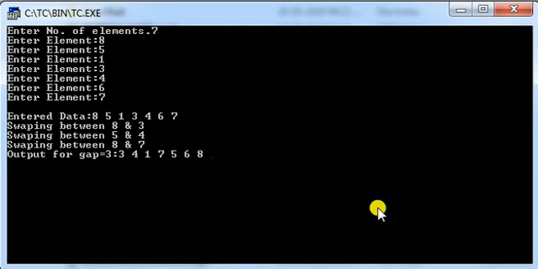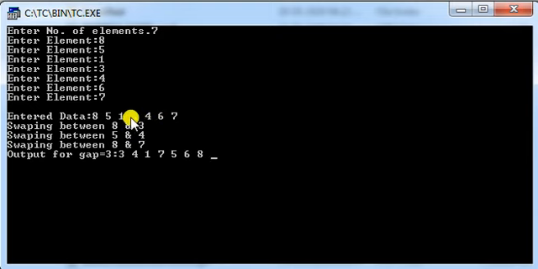As you can see, when the total number of elements to be sorted is 7, then your gap will become 3.5. So it will compare the elements stored at interval 3. It means that the element 8 will be compared with 3. 8 is greater than 3, so they will be swapped with each other. So my next array will become 3, 5, 1, 8. Okay. Similarly, for 5 and 4, it will check. 5 is greater than 4, so it will swap them with each other. Then 1 and 6. 1 is less than 6, so there is no change.